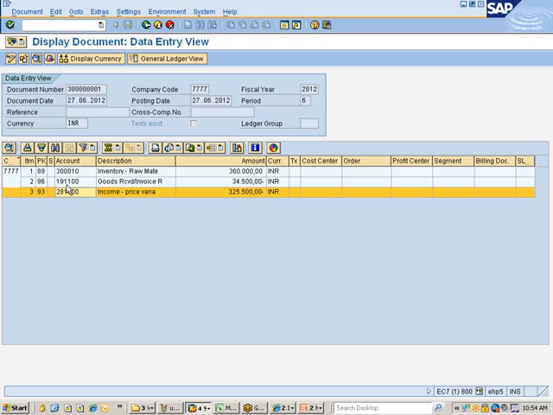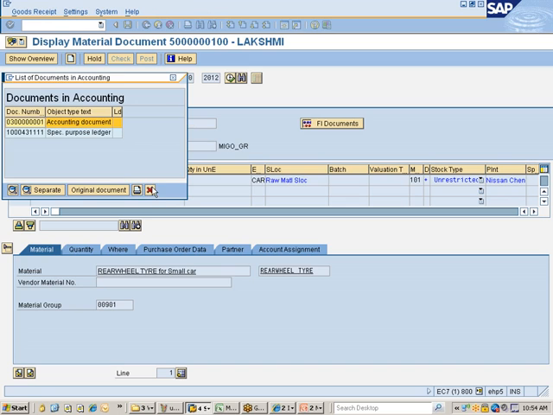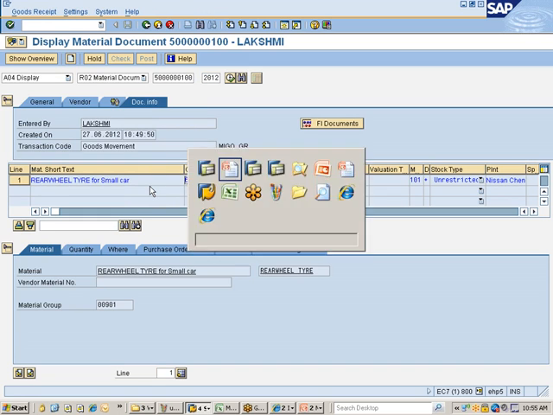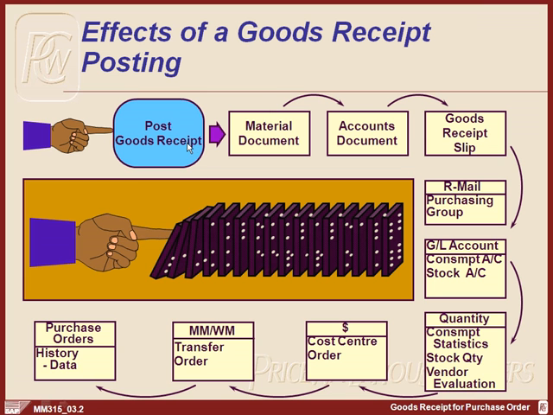As such, as part of inventory management, just remember that if there is any financial impact, there would be an accounting document with which different accounts will get updated for different reasons. Okay, now come back to this. Because you have posted goods receipt, a material document is posted. You have seen an accounting document is also generated. Next,